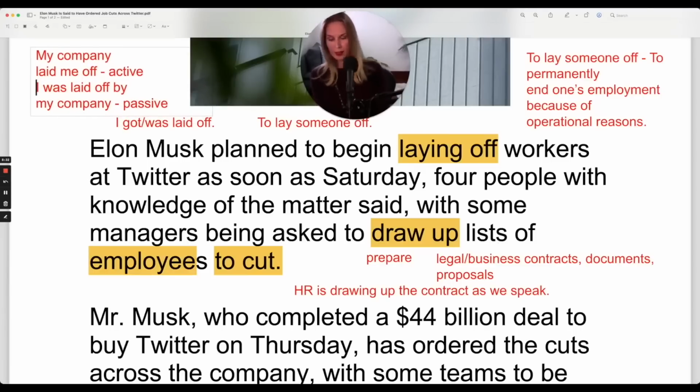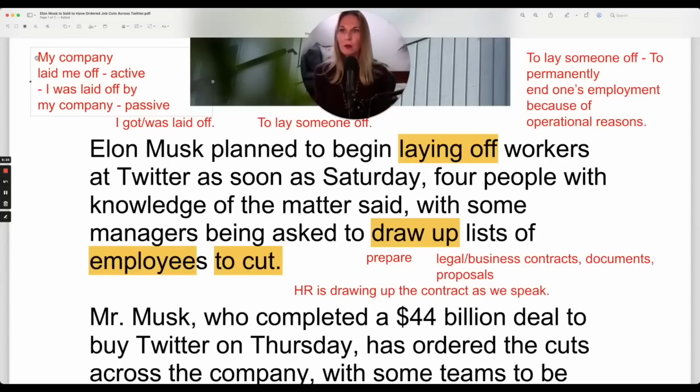I was laid off. Now, my original example, I said get laid off. I got laid off. We can use the verb get just to talk about that transition. I got sick is that transition from not sick to sick. So I got laid off is the transition from not laid off to laid off. But to start, get is a more advanced verb in English. So to start, you can simply use the verb to be.